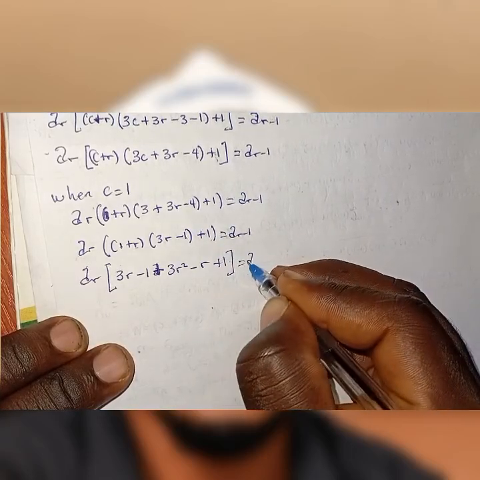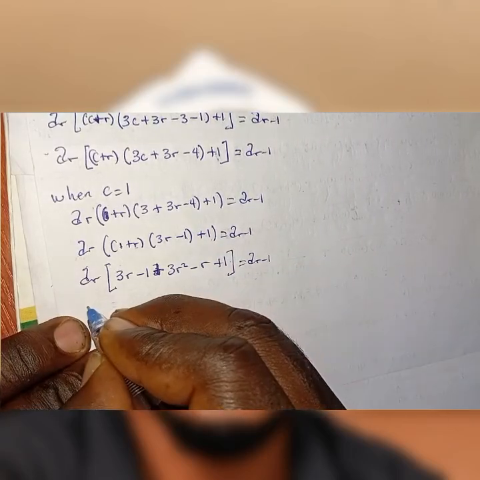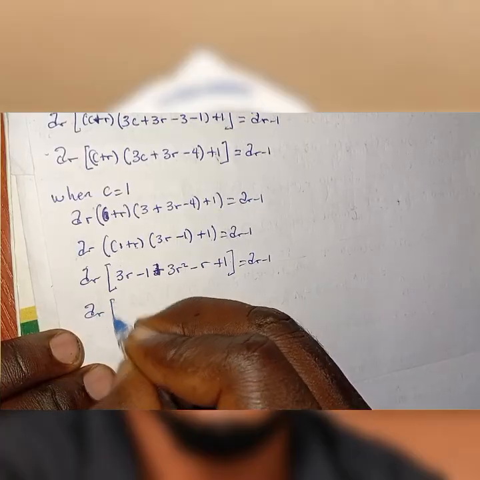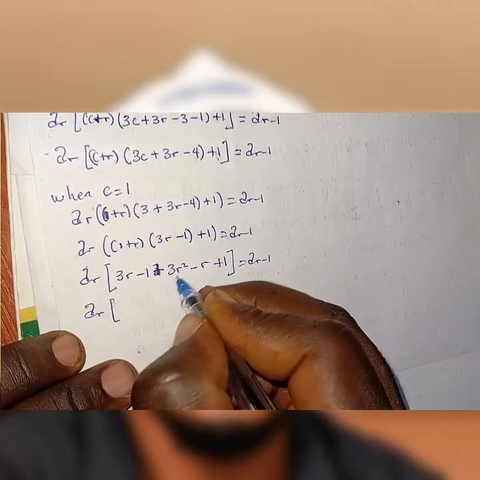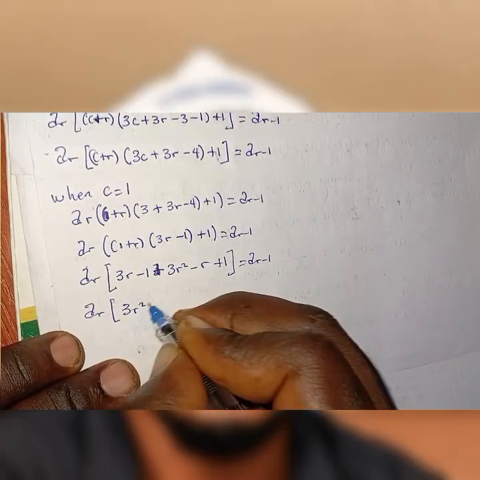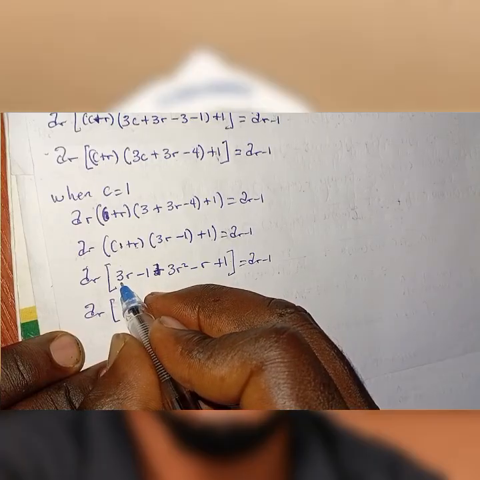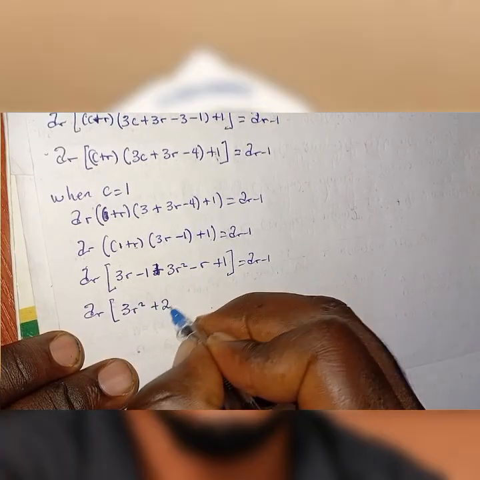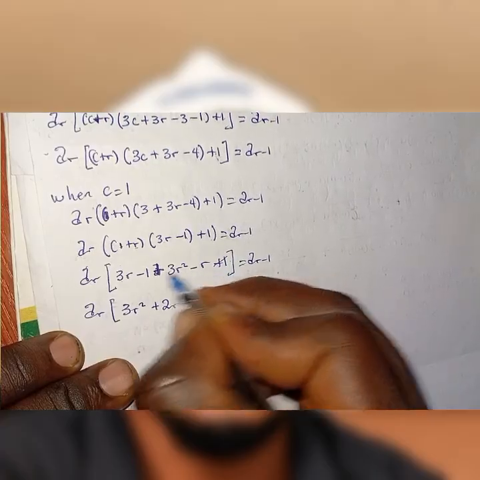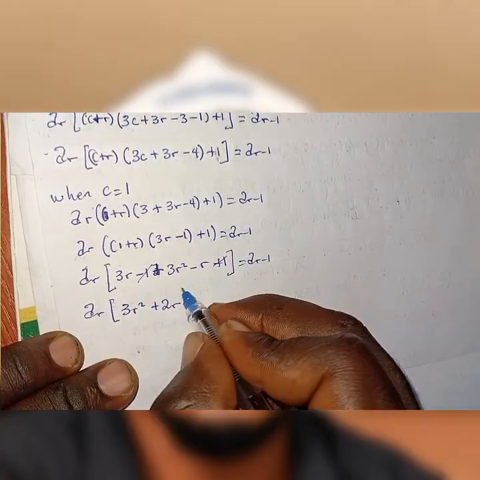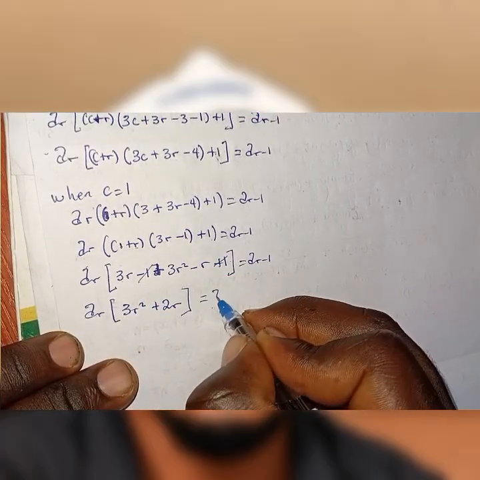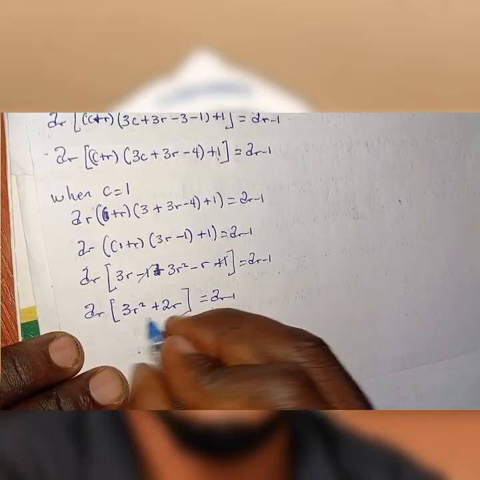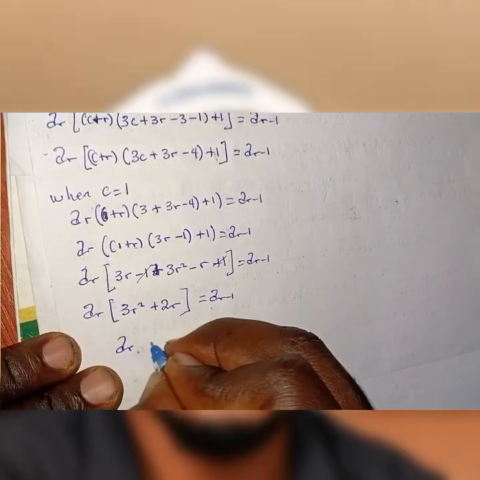So all equals to this and this. So a_r now equals, 3r squared at the front, 3r minus this, we have plus 2r. This one cancels out this one. So you're going to have this. Now divide both sides by this, we have a_r equals to